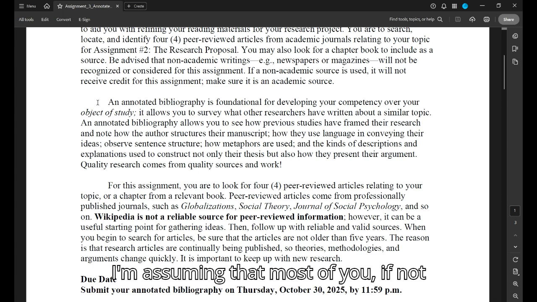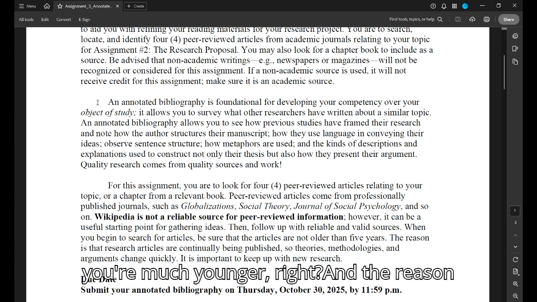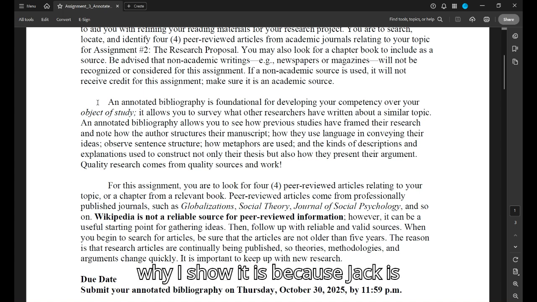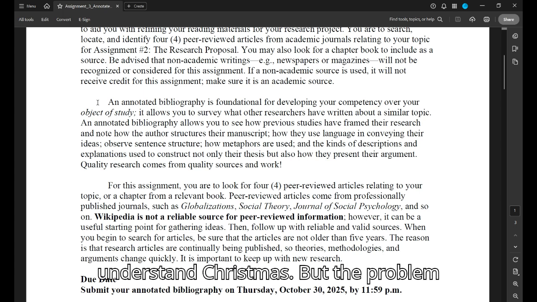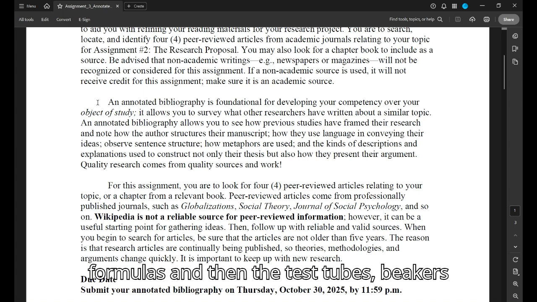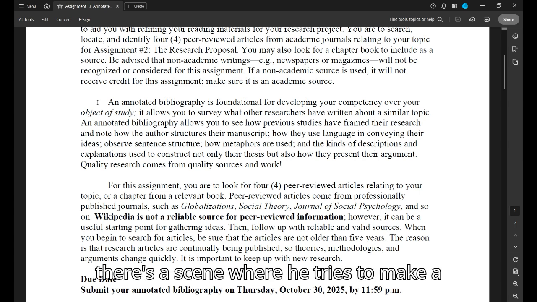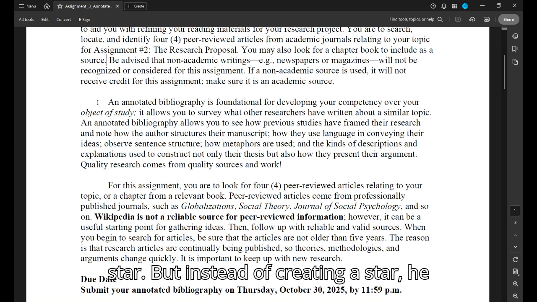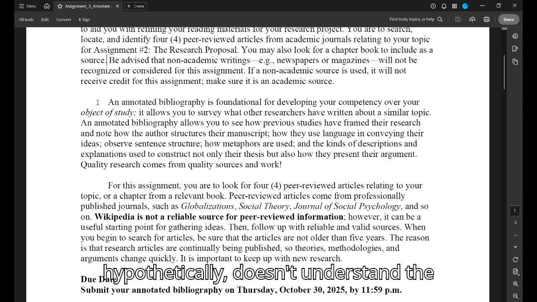I'm assuming that most of you, if not many of you, have seen this movie when you were much younger, right? And the reason why I show it is because Jack is using the scientific method to try to understand Christmas. But the problem is, if you recall, when Jack is doing the experiments, he has these fancy formulas and the test tubes, beakers, and all that other stuff. And then there's a scene where he tries to make a star, but instead of creating a star, he creates a spider, right? And that's an indication of how Jack, at least in this scene, hypothetically doesn't understand the relationship